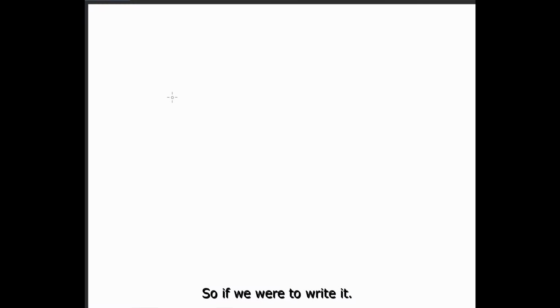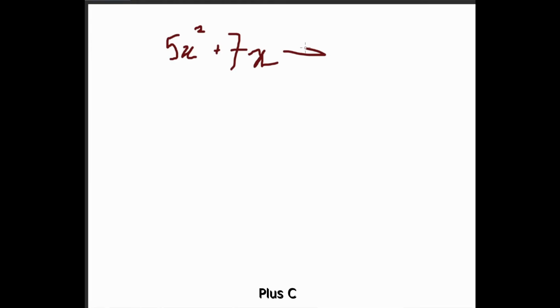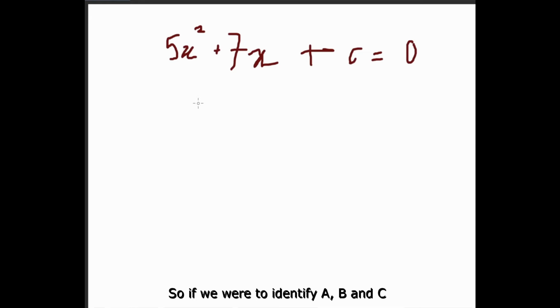So if we were to write it in an equation, let's say for example, if we insert the values of a, b, and c, let's just say 5x squared plus 7x plus c equals to 0. So if we were to identify a, b, and c, we would see that from the left side, a equals to 5, as we can see over here, b equals to 7, and c would equal to